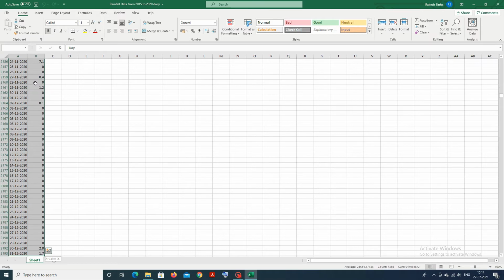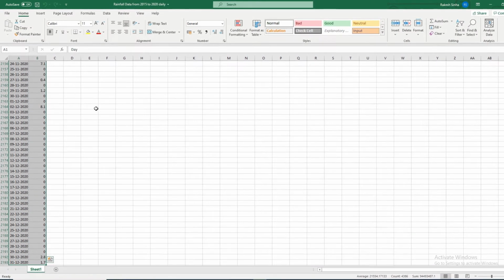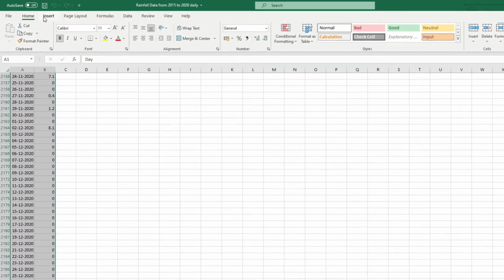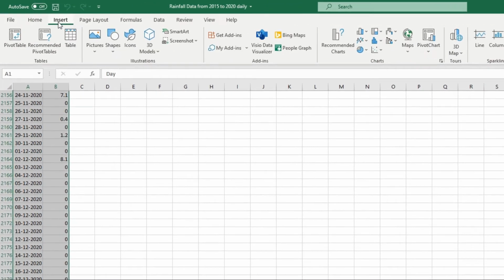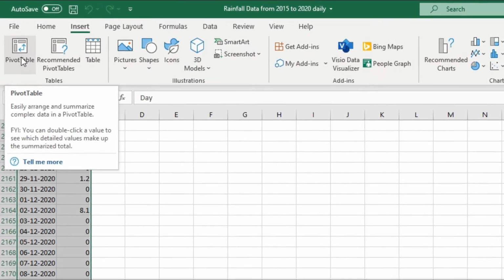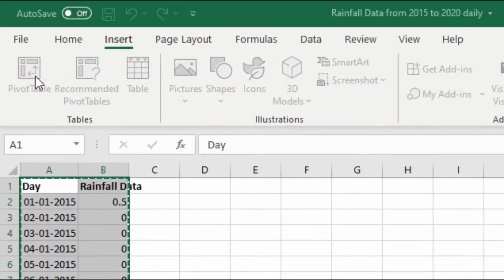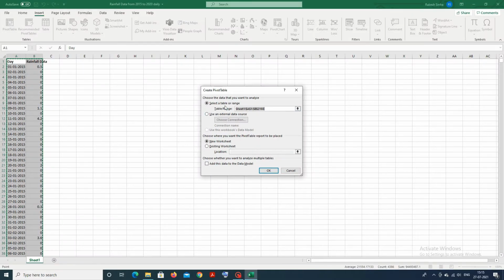First, you have to select all this data from the Excel file. After selecting all this data, you have to click on Insert. After clicking Insert, you can find the pivot table on the left side of the bar. After clicking the pivot table, you find this dialog. In this dialog, first is the select a table or range, and second is the new worksheet. You have nothing to do in this dialog because this is the default selection, and you can work with this default selection. Just click OK.